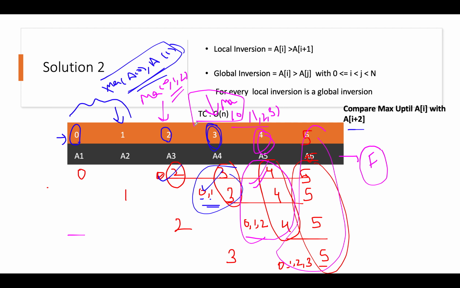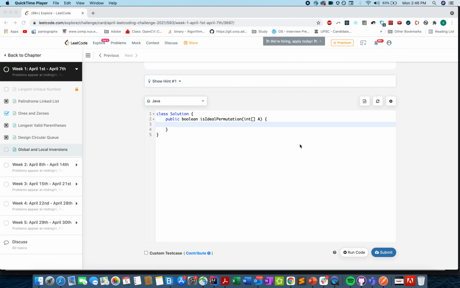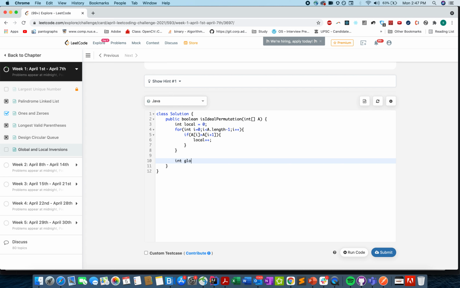We'll code it very quickly. So I'll be iterating through all the three approaches so that you know how to go about this in an interview. And let's get started. Defining the local variable. Integer I equals to 0, I is less than a dot length minus 1, I plus plus. If array of I is greater than array of I plus 1, that means we need to increment the local count. Similarly, let's go for the global one and define the variable, and let's write those two loops.